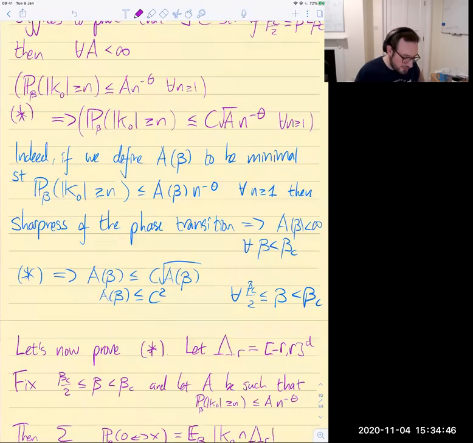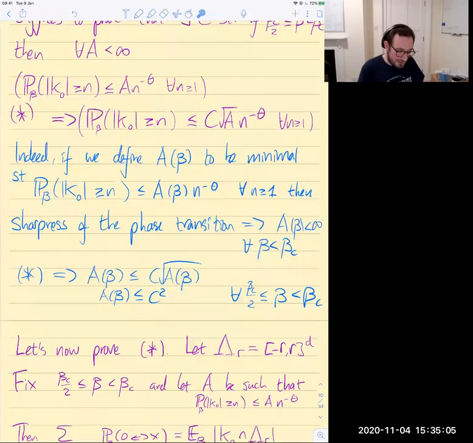Let's see how we conclude from here. Well, for each beta, let's define A beta to be the best constant we can put here so that this inequality is true. Now we know, by what's called sharpness of the phase transition, that if I'm below beta c, then